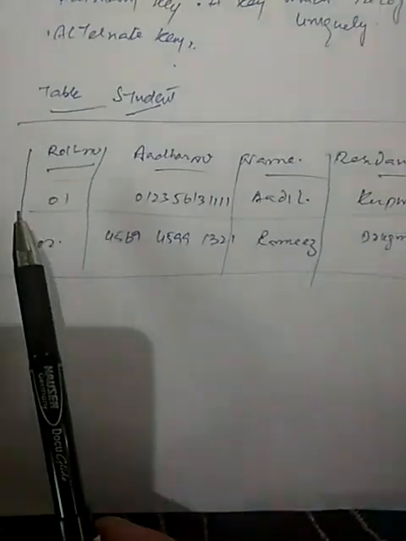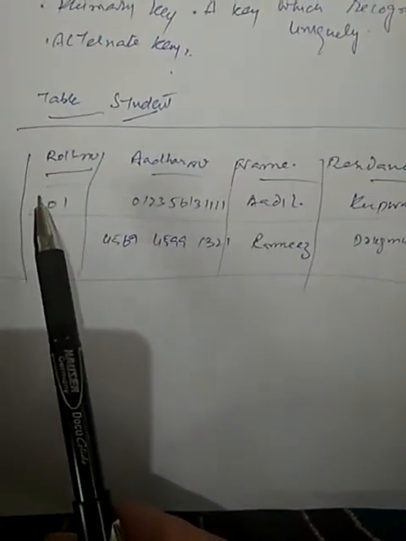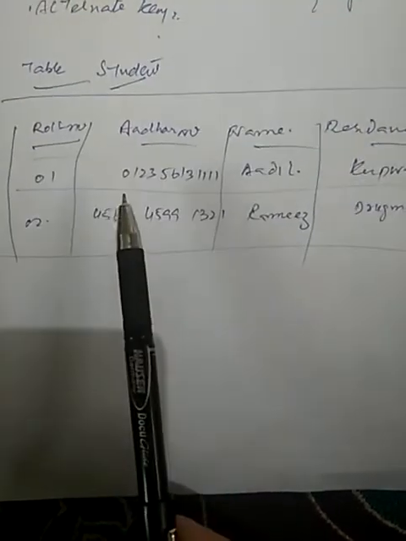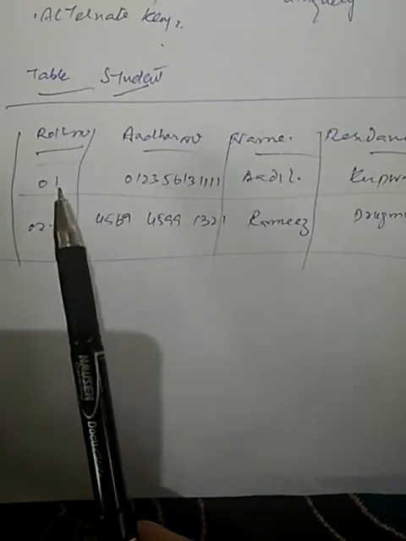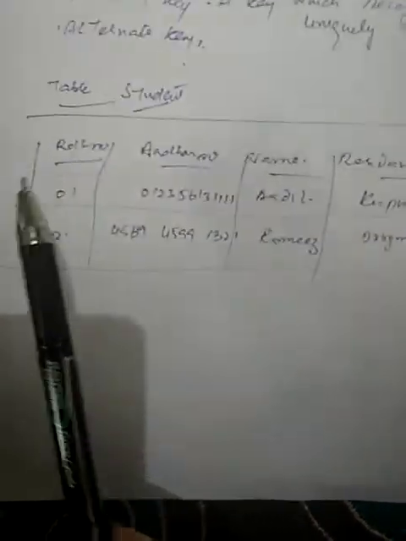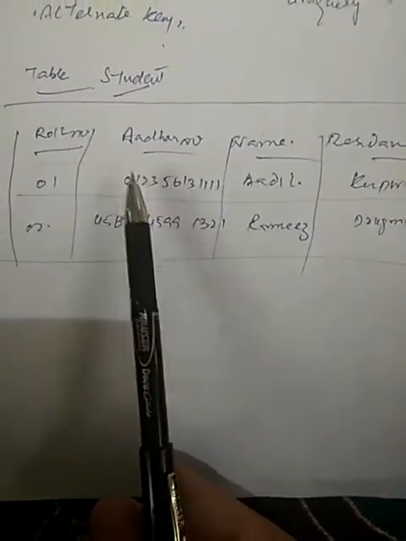So then there is primary key. As I have already told, primary key is that key which uniquely recognizes the whole record. Then there is alternate key. Suppose in this table we set roll number as the primary key. Again, there are two candidate keys which we can set as primary key. The two fields uniquely identify the entire row. They are unique: Aadhaar number is unique and roll number is unique. So there are two candidate keys. We can set one as primary key and another as alternate key. So you can understand the definition of alternate key.